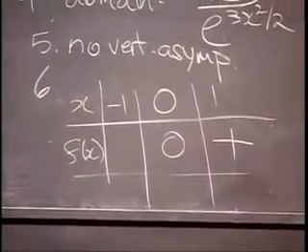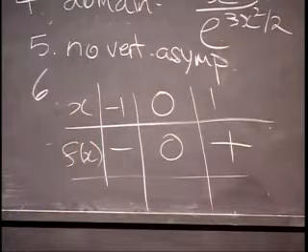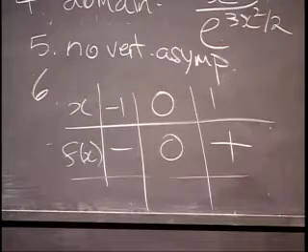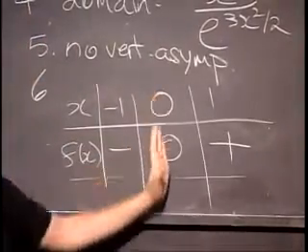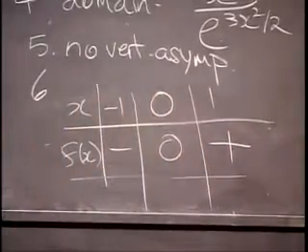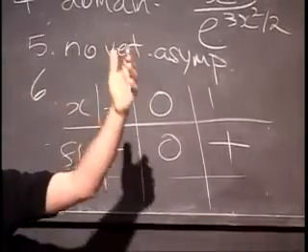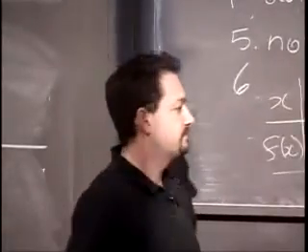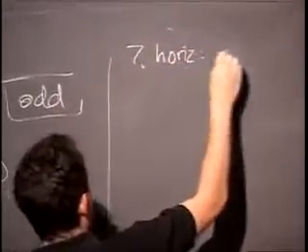Whereas at negative 1, we already know it has to be negative. There's not even any need to do anything about this because the function is odd. If you don't believe it, just plug in minus 1. But basically, if f is odd, then whatever it does on the right, it does the opposite on the left. So actually, we know that the function is positive to the right of 0 and negative to the left of 0. It's kind of hard to sketch that. So in order to make things a little more concrete, let's move on to step 7 and look at the horizontal asymptotes if there are any,